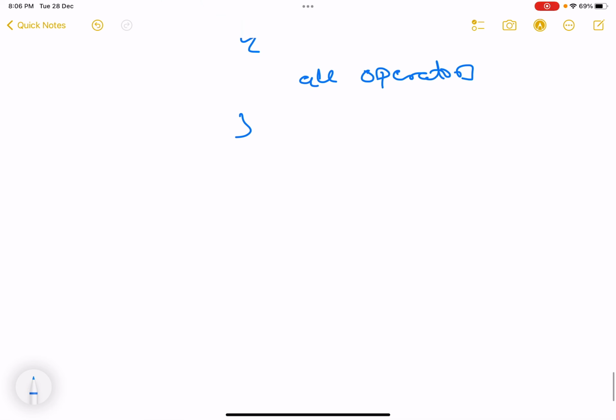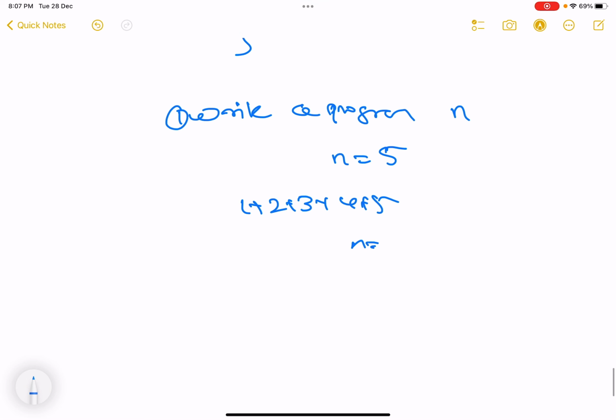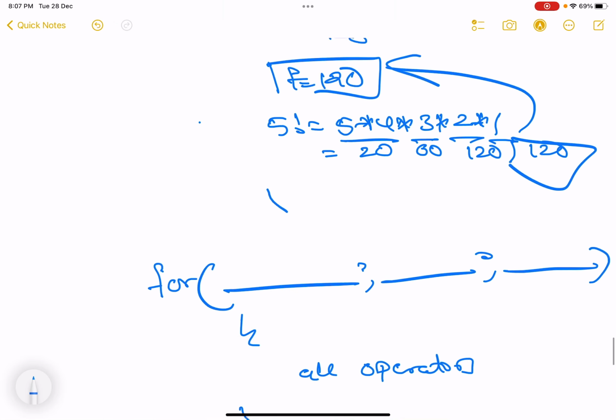So today I want you people to write a program. Write a program that takes a number, let's say n. Say 5, then it should print the sum of the first n natural numbers. If 5 is given, 1 plus 2 plus 3 plus 4 plus 5 output should come, using a for loop. If he gives n is equal to 10, first 10 natural numbers, 1 2 3 and so on up to 10, the sum should be printed. So I want you people to write this program today so that you understand the for loop.